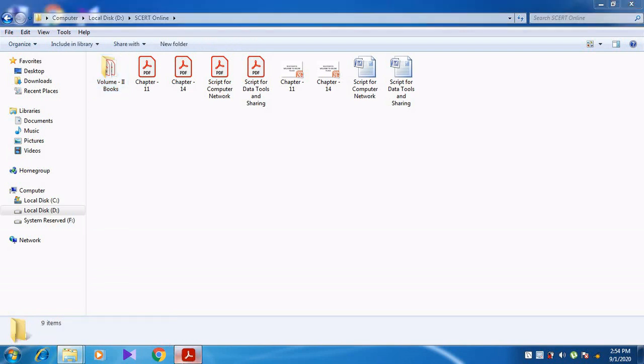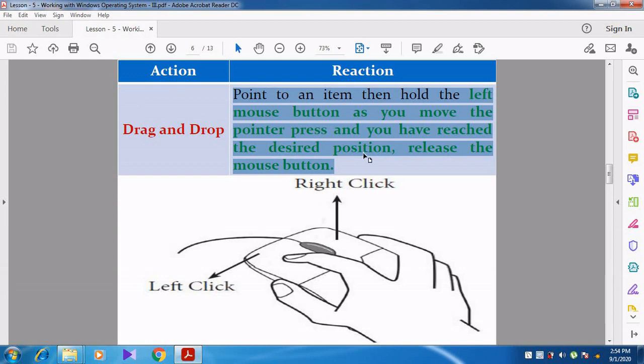Drag and drop means we hold the left mouse button, move to the desired position and release it so that the dragged file or folder will be dropped in the desired position.